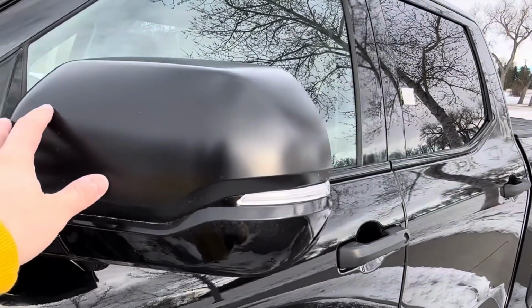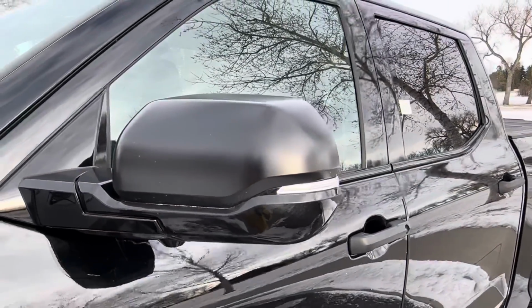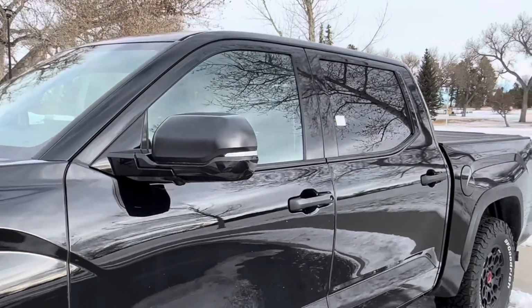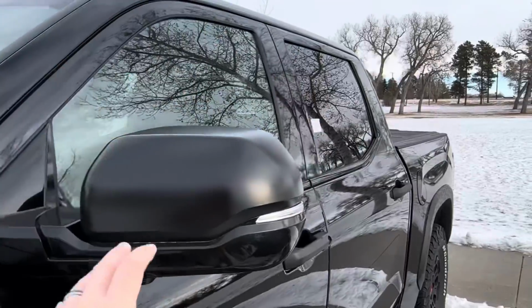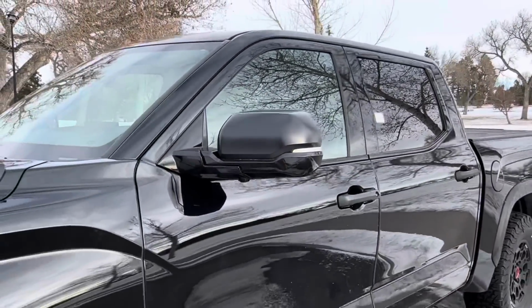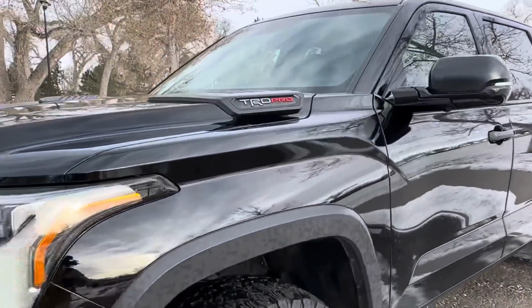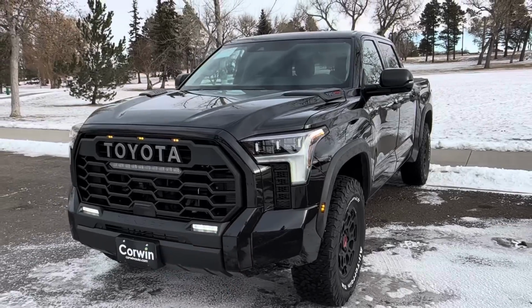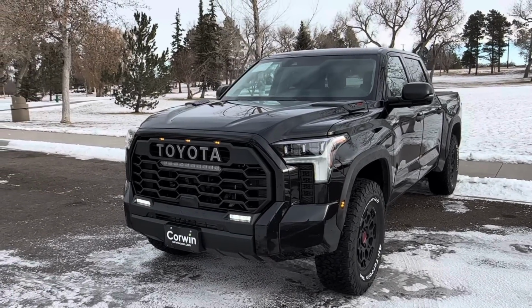The matte black, I think this looks sleek on the back of the side view mirrors here. I'm not a big fan of the giant tow mirrors that are being spec'd on them as well. A lot of the Sequoias are having those giant tow mirrors. Not a fan of that. So I'm kind of diving into the cosmetics of it, but let me talk more about just overall